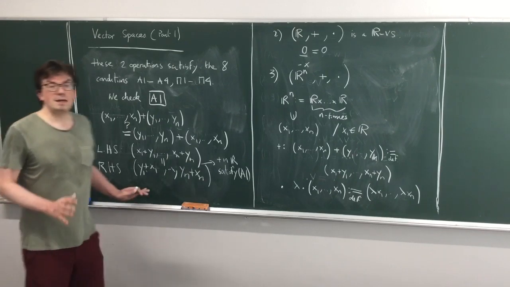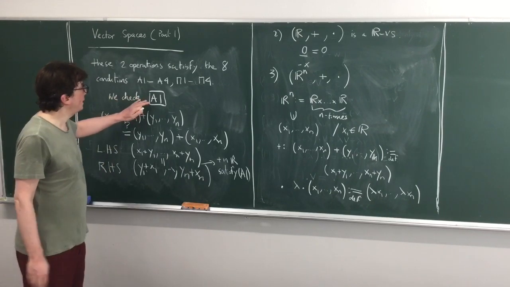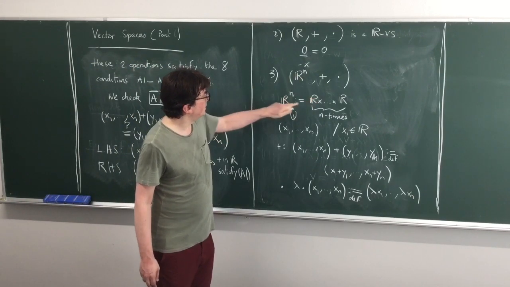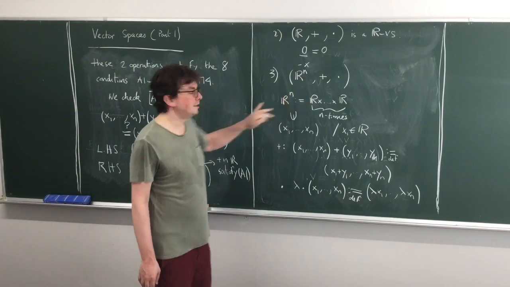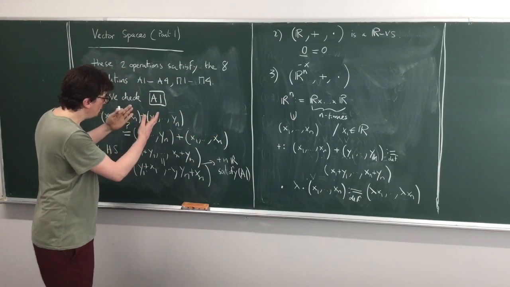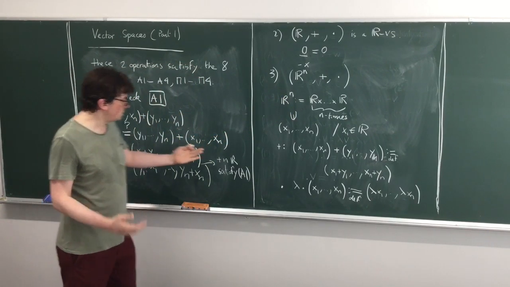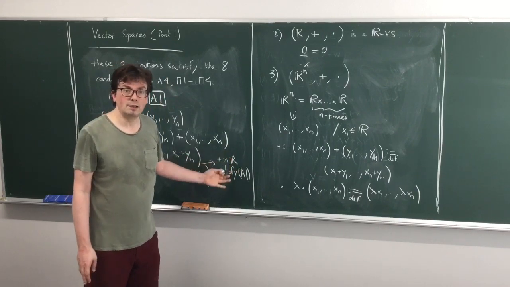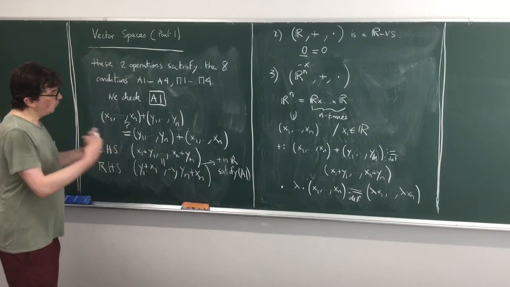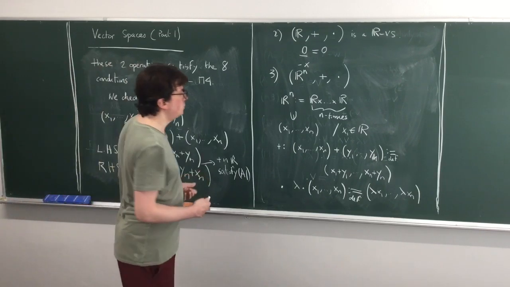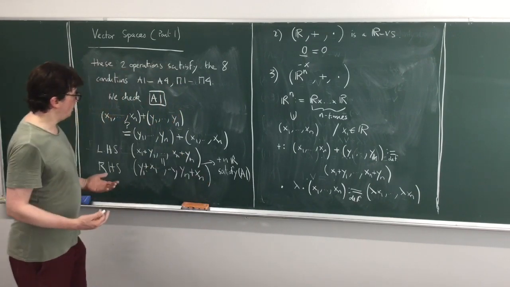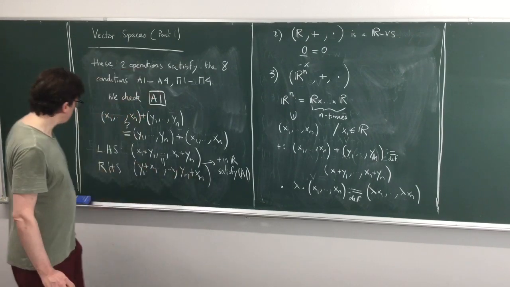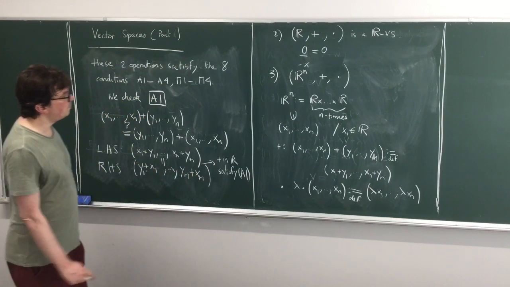Okay, so basically, to check that this vector space is an R vector space for A1, we are reduced to the same assertion A1 for R, so the case n equals 1. You can check that all other properties you can reduce to the case where n equals 1. Okay, you can reduce to the real case. Let me give you one more example.